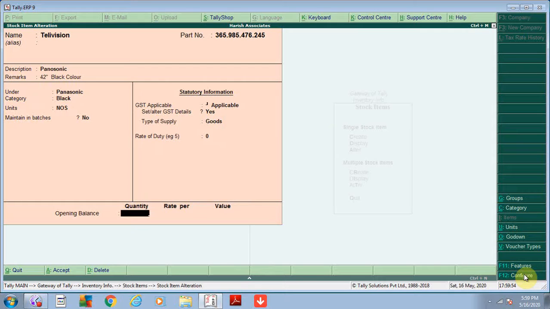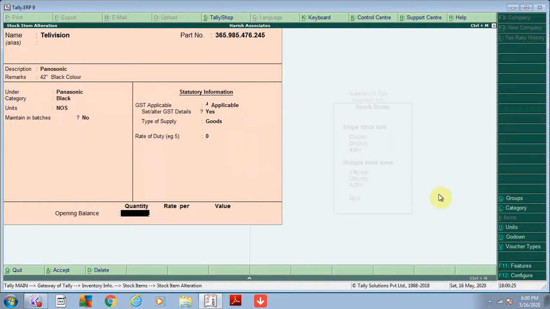So one thing to notice friend, that is if you want any stock item create, this is the example of only the television. If any stock item have any different rate of the GST, then every stock item you will just have to select the GST rate of the product. Like this is the 18%. Some item it may be that 12% or 24%. According to the stock item, we will just have to set here the GST rate of any product.